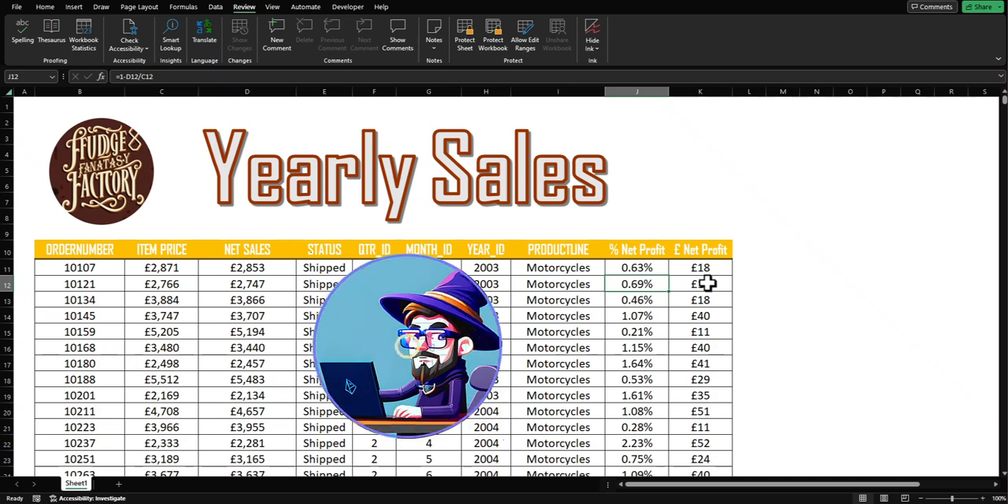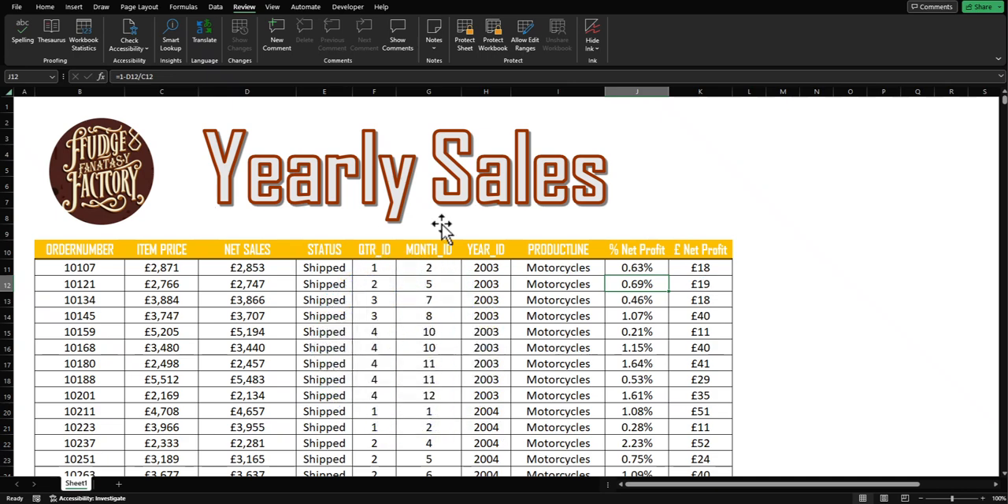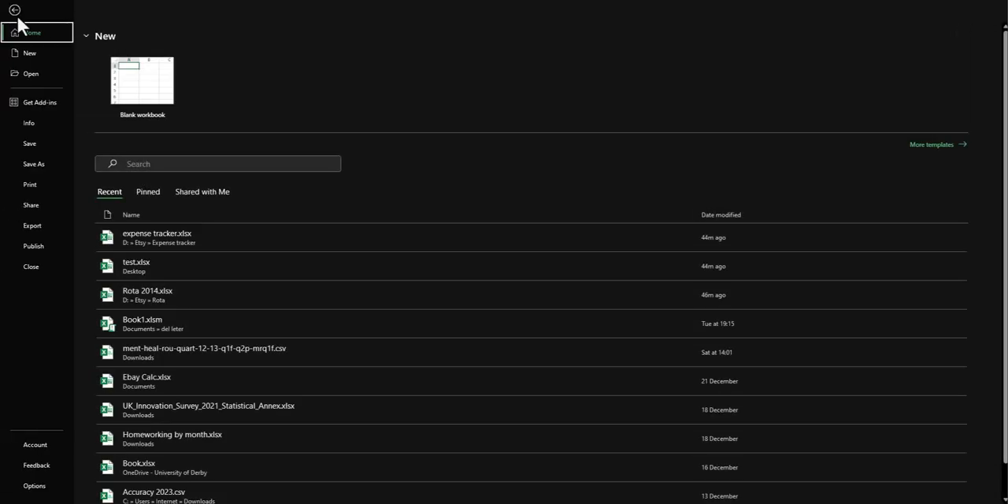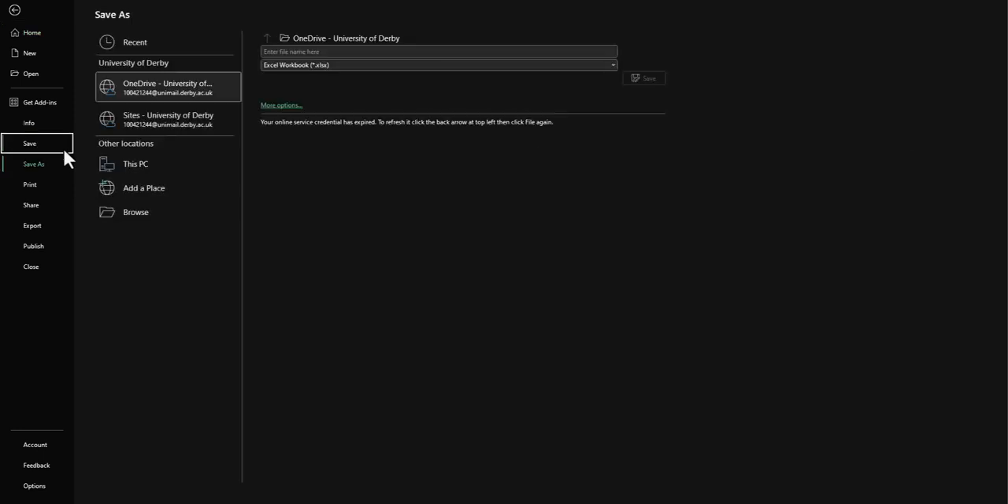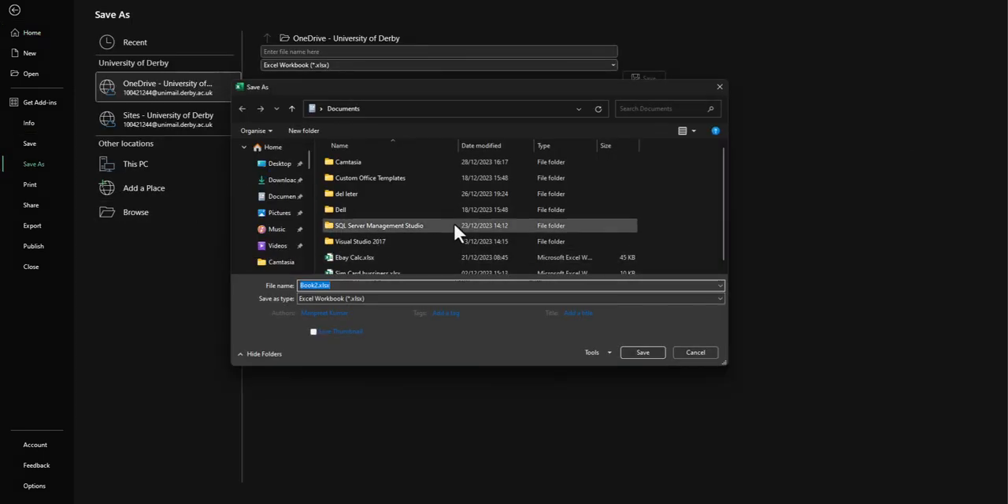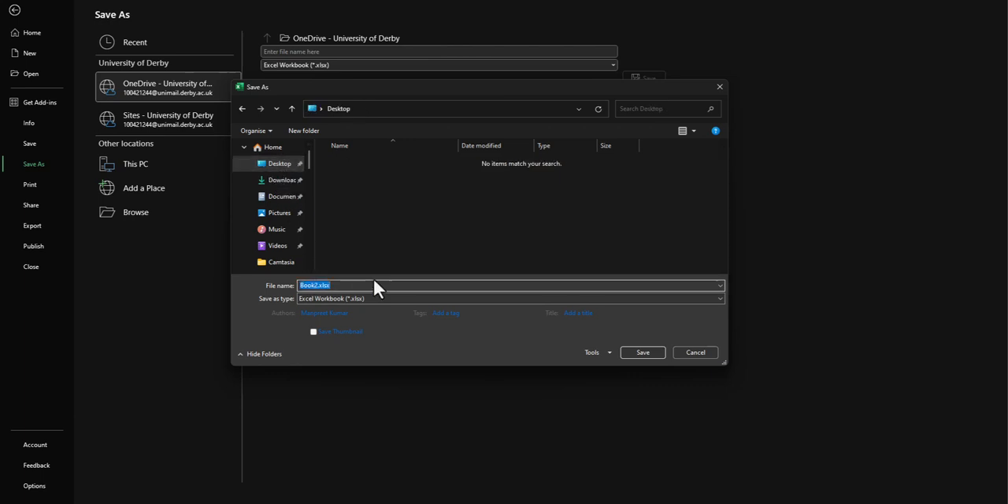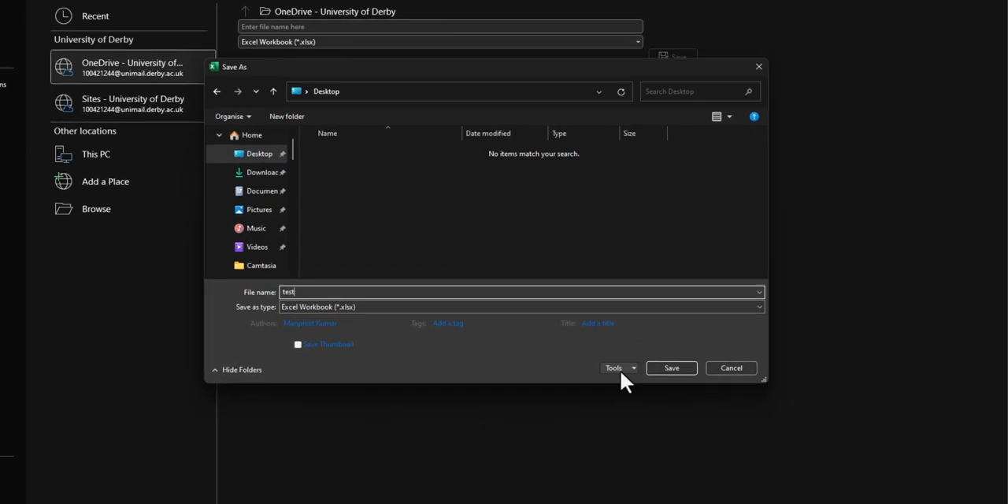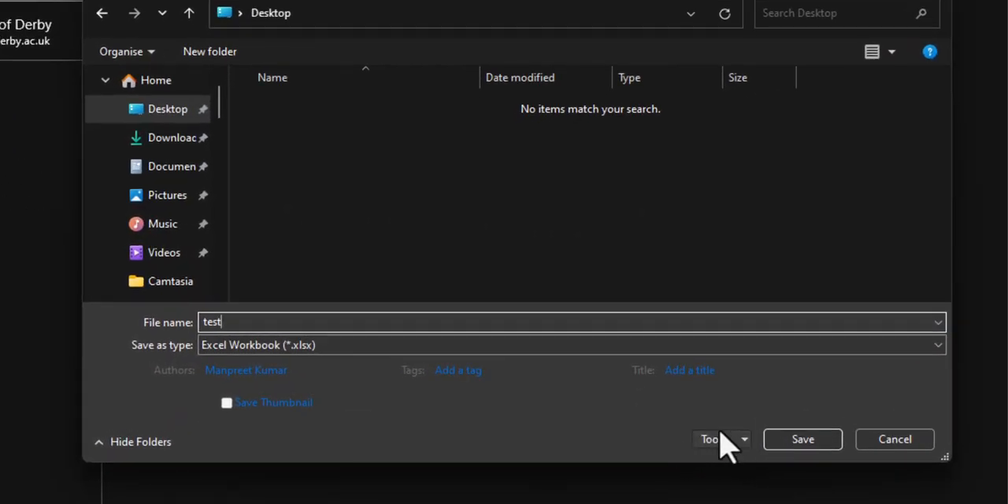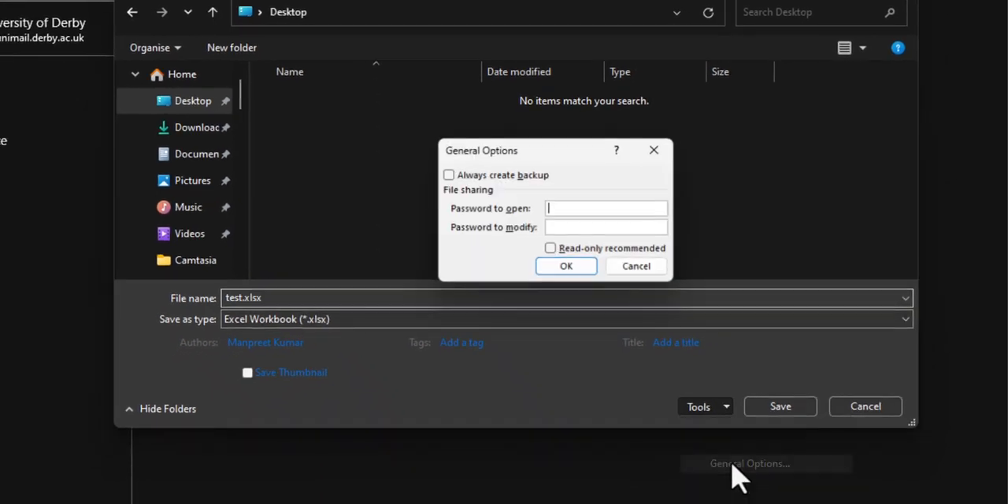Once you have created your file, click on File, Save. Let me save it on my desktop. Give it a name, Test. Pay attention to this little button over here called Tools. Click on the arrow down, click on General Options, and here you can leave the password to open blank and